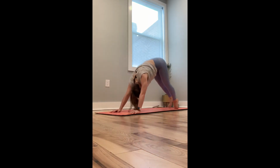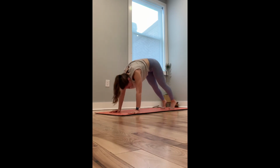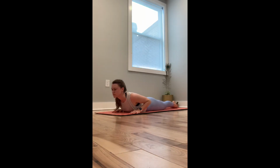Inhale to up dog or cobra. Exhale to downward facing dog. Inhale, roll forward to your high plank pose. Exhale, lower down to your belly for some belly back bends. Plant those palms underneath the shoulders, squeeze the elbows in, and on your inhale, lift up to your baby cobra,